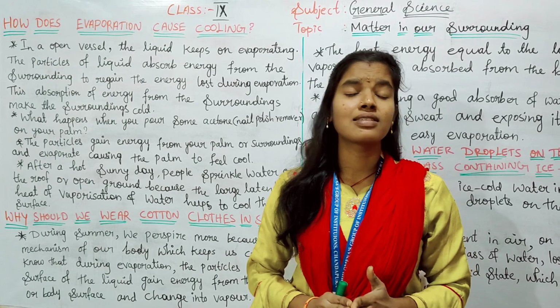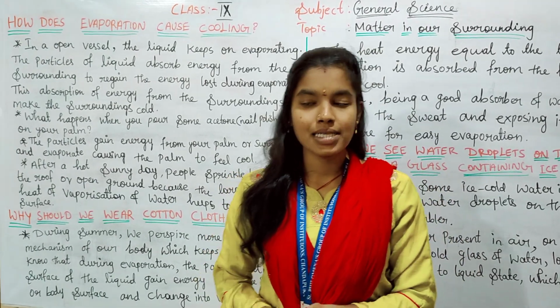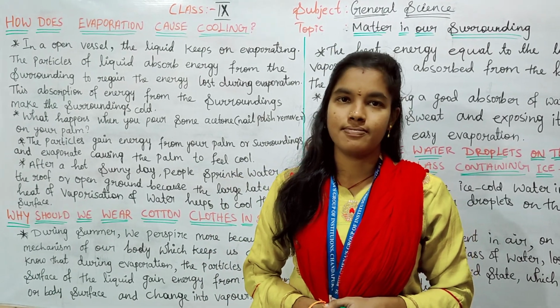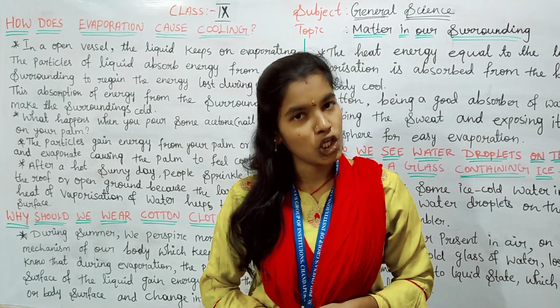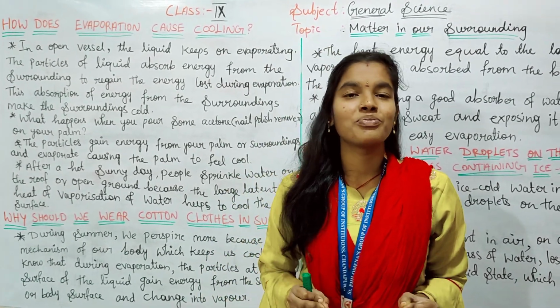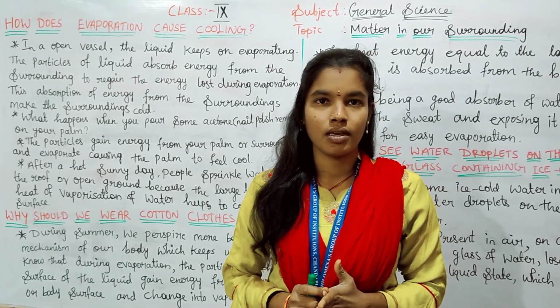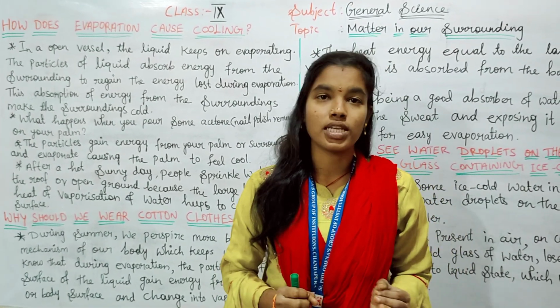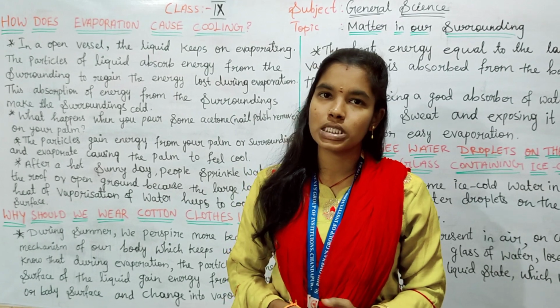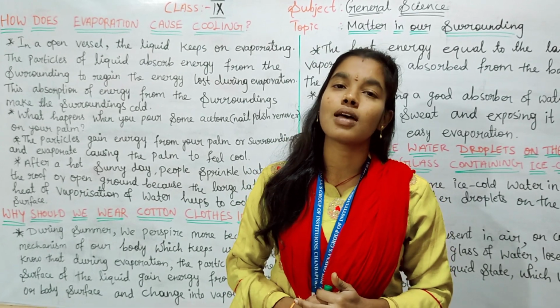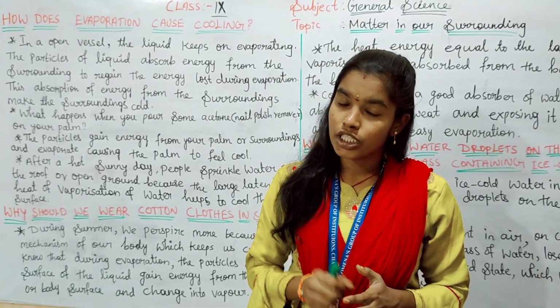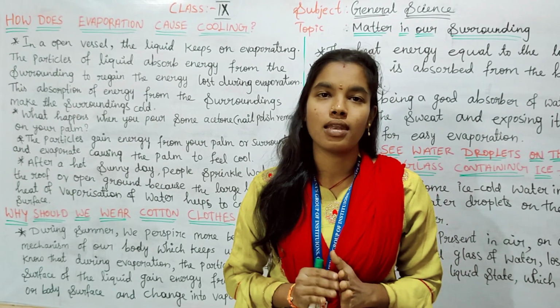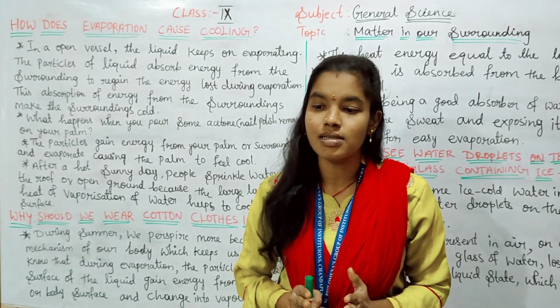Next, the third one is mass. Mass SI unit is kilogram, and we denote the symbol as kg, capital K, small g. Next one is weight. Weight SI unit is Newton, and we denote the symbol as capital N.